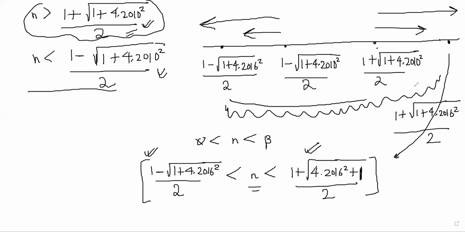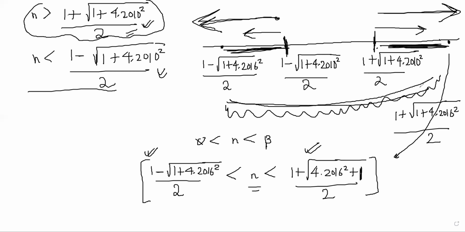So what is common between both? This portion and this portion, right? Can you see? Are you getting what I'm saying? So the first inequality was saying go this side and go this side, from these two numbers, the 2010 squares. And the second was saying go between these two, right? So the common portions are this much and this much. Okay, so now we just have to estimate how many integers are there between them.